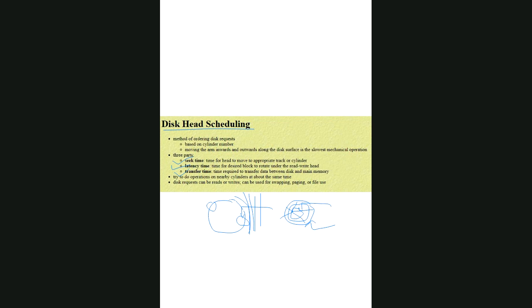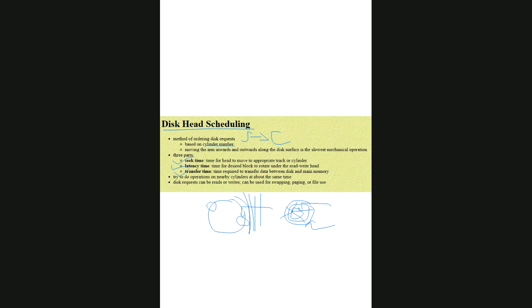Generally, in these scheduling algorithms, they will give you cylinder numbers. We have one variation in the problem where they will give you sector requests. So you have to convert this sector request into a cylinder request. How do you do that? I will show you with one example which is already solved in the sheet. So right now, let's go to the next part. Did all of you understand the difference between seek time, latency time, and transfer time? Shall I move to the next part?